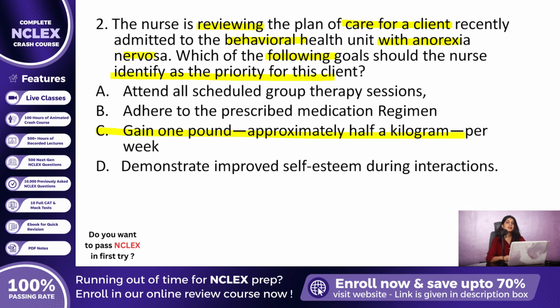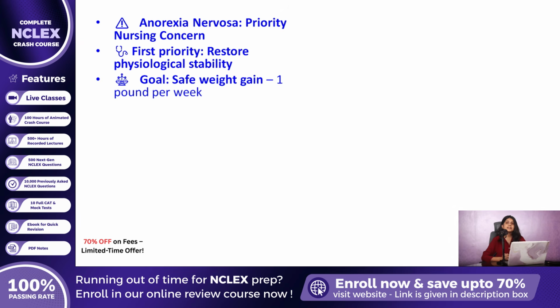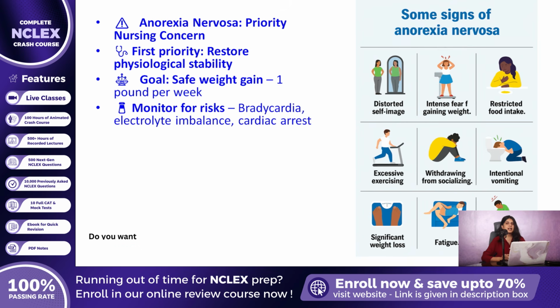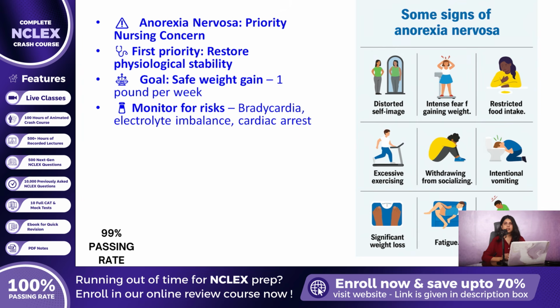Here is the rationale. In clients with anorexia nervosa, the most urgent concern is restoring physiological stability, particularly reversing malnutrition and promoting gradual weight gain. Severe anorexia may result in dangerously low body weight, bradycardia, electrolyte imbalances, and even cardiac arrest. A target of gaining 1 pound per week is widely accepted as safe and effective in supporting nutritional rehabilitation without